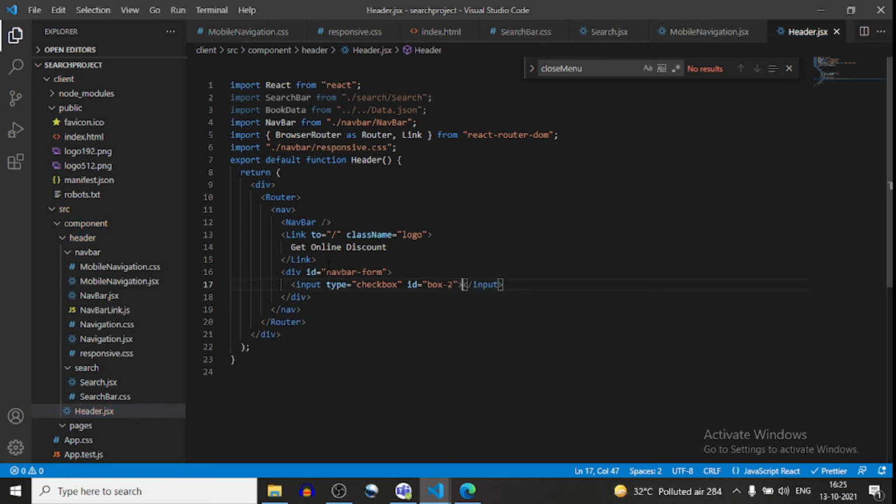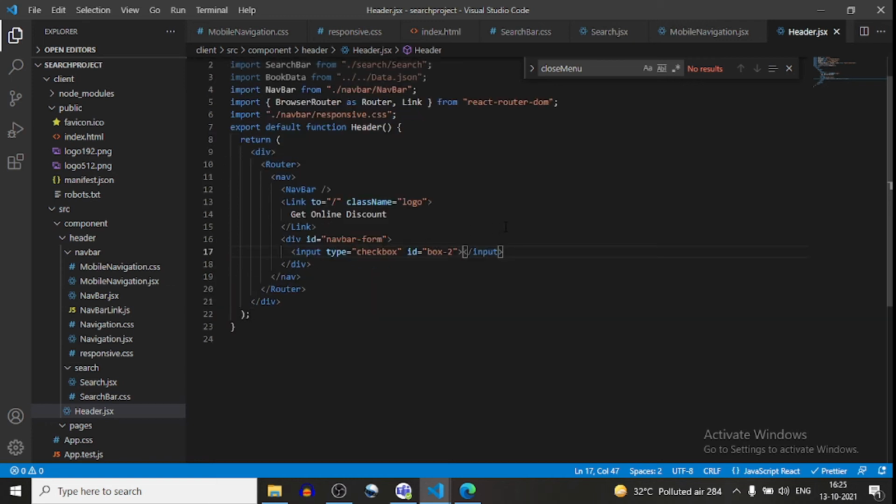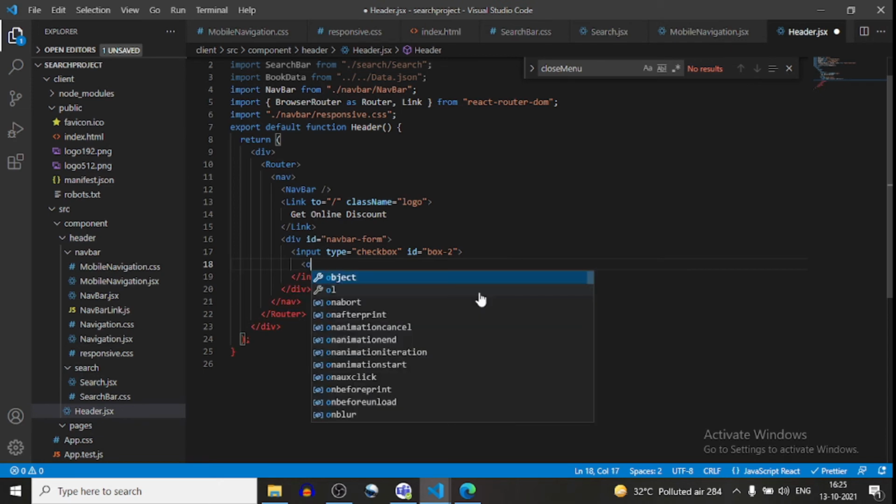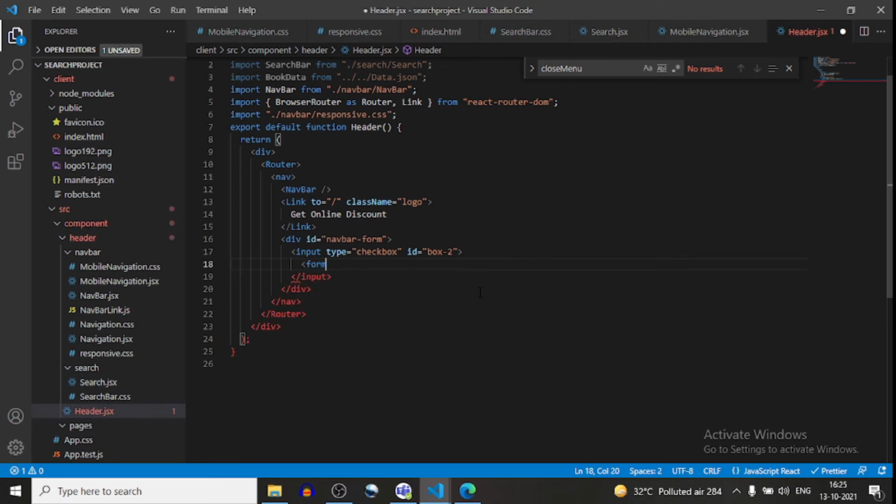Inside this I will create a form, and the id of this form will be search-form.